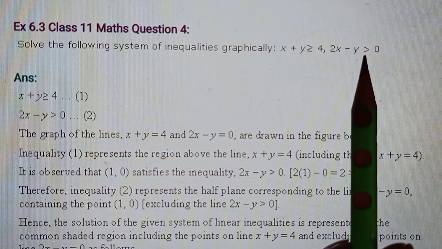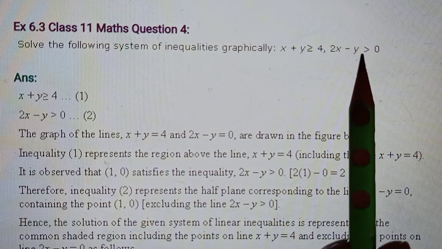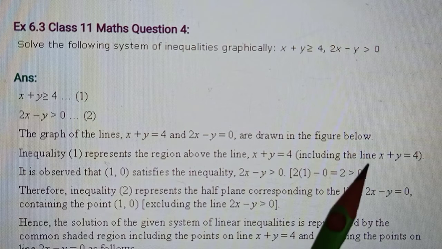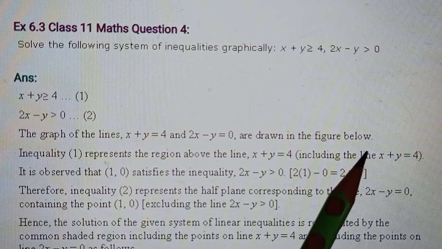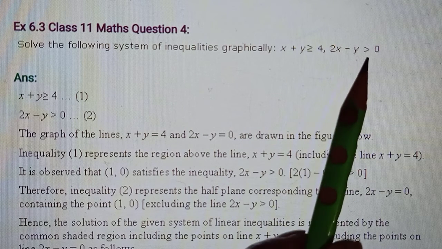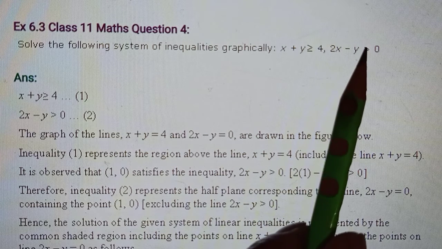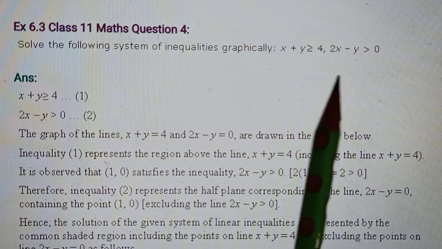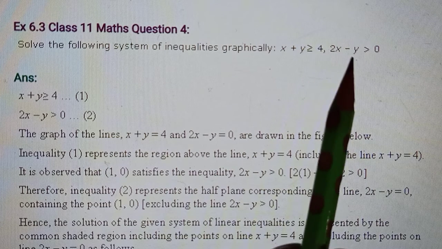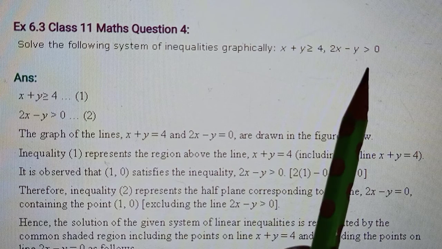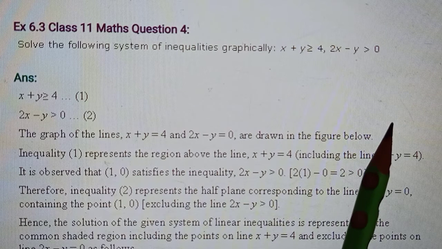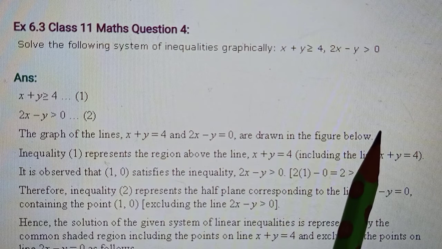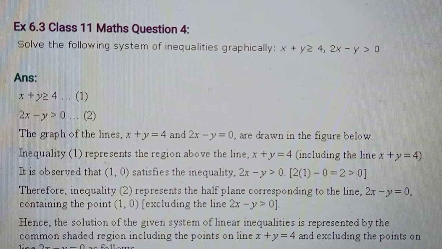And if it is only greater than or maybe smaller than, equal to नहीं है, तब जो आप line बनाओगे, okay, of course we'll have to trace the line, but वो line हम dotted बनाते हैं, just to signify कि okay, equal to नहीं था means जो points line में हैं, they will not be part of a solution. Apart from that, the rest of the points as per the condition, smaller or greater, will be the solution, but not the points on the line. और इन वाले cases में क्या होता है कि even the points on the line are the solutions. Okay, so we'll see how we denote that difference.